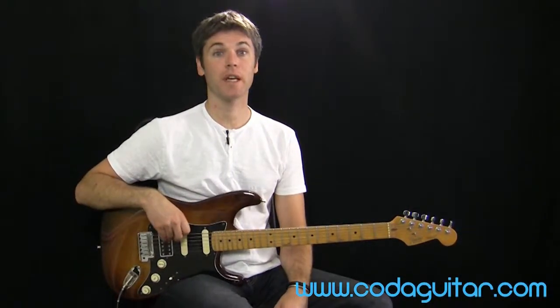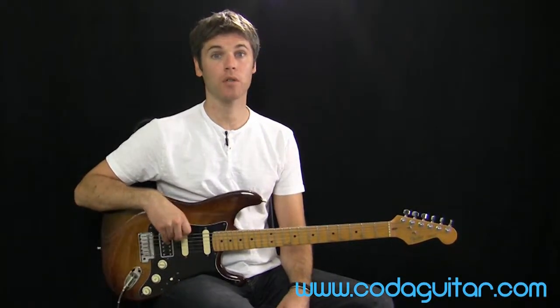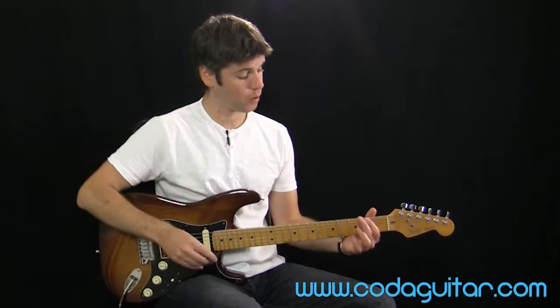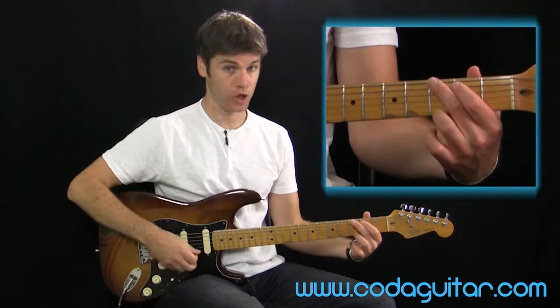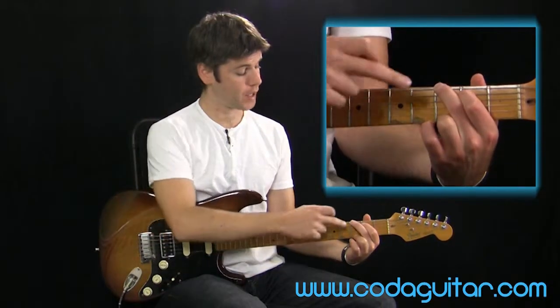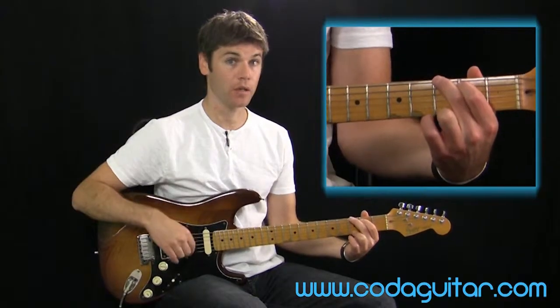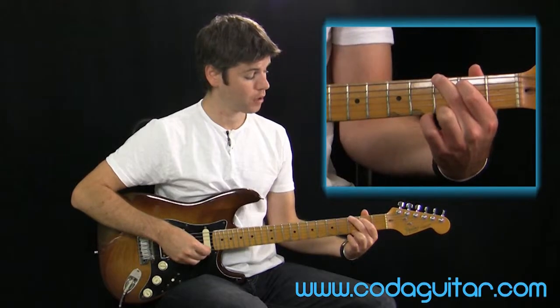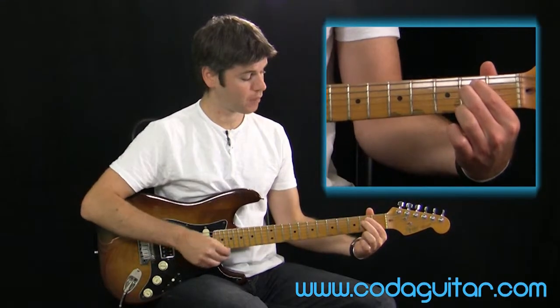Okay, so on to the first exercise. Now we're going to be looking at a chord changing exercise using common notes. So what we're going to do, we're going to start off with G, and my first finger is staying in the same place when I move to E minor. So my first finger is staying on fret 2 of my 5th string. So I move to E minor, tuck my second finger underneath,